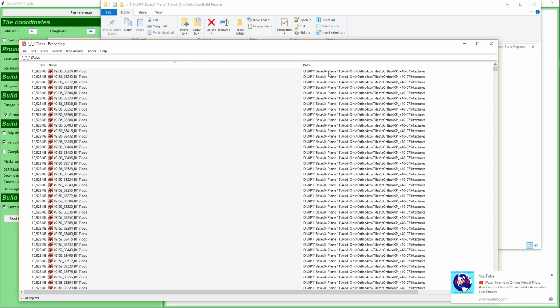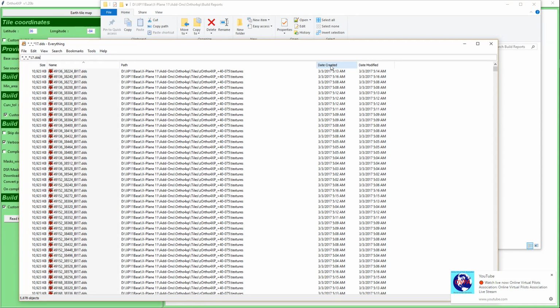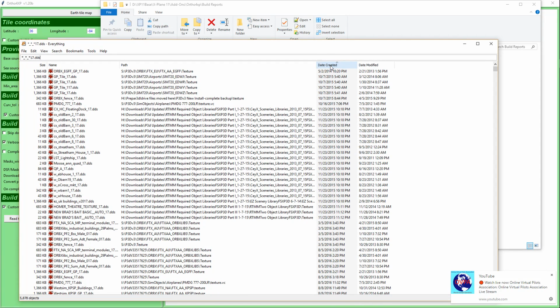And when were they created? Well, let's move this over. Date created, right there, 3/3. In other words, using a mask, underscore underscore asterisk underscore asterisk underscore 17. And we're going to change that to 19